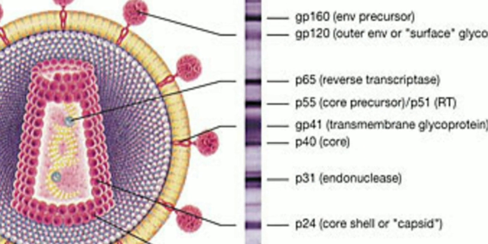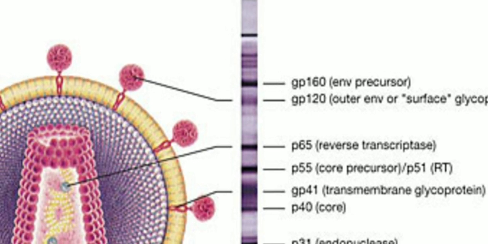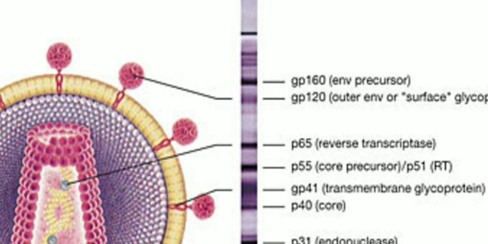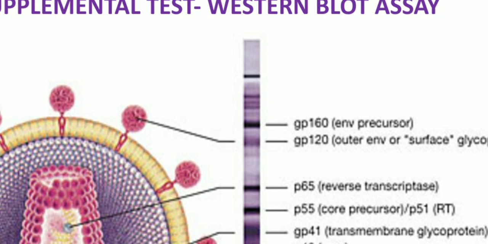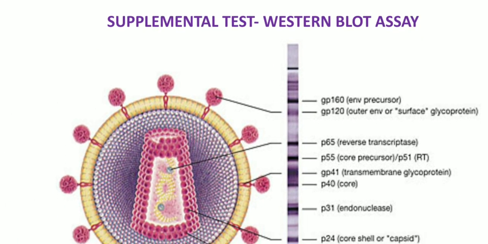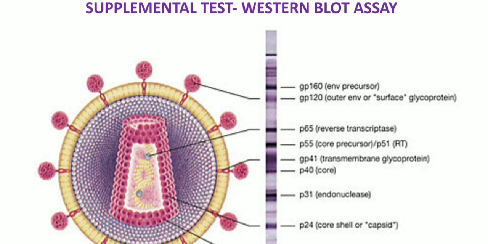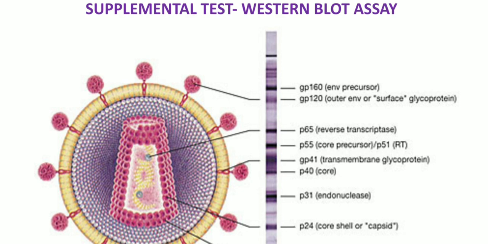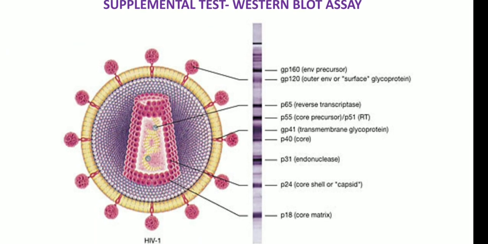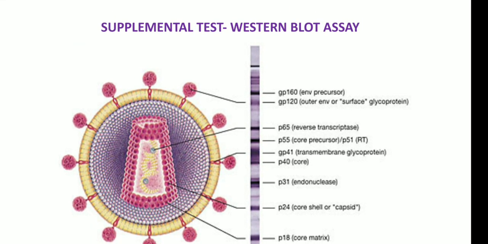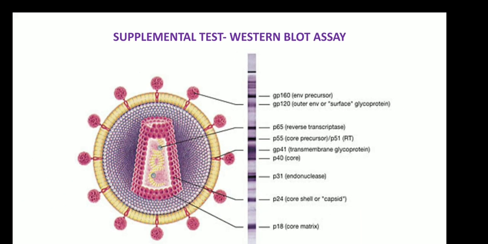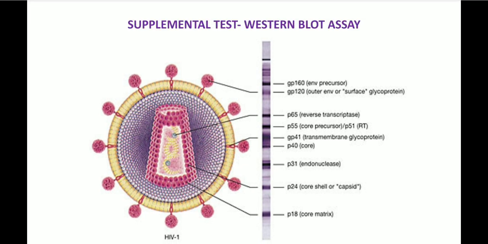You can see different bands are present for each of these proteins, and if a band is visible, it means that this particular protein is present. The test results are usually interpreted as per the manufacturer's instructions. But as a general guideline,